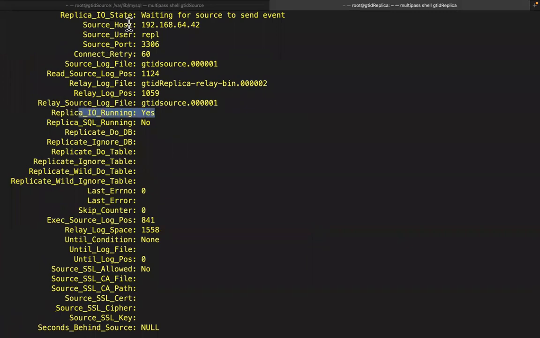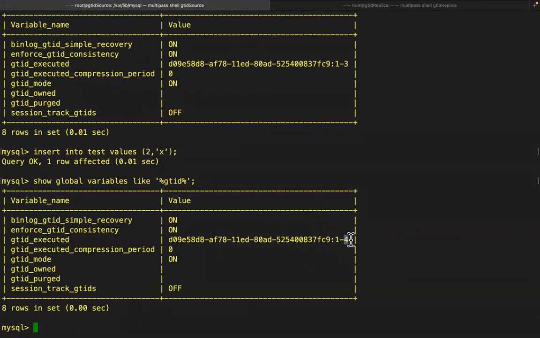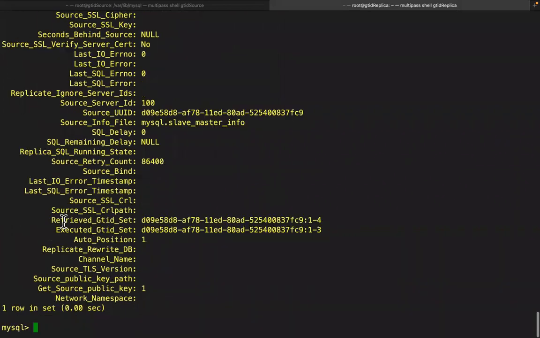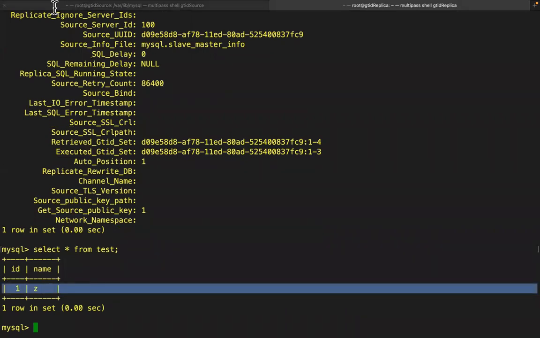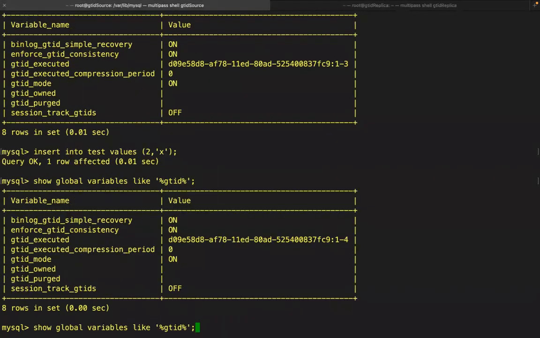Which means the IO thread is running. The IO thread copied the recent insert value from master to replica, so that is what the retrieved value shows. It is up to date because the IO thread is running. But the executed GTID set is still 1 to 3 because the SQL thread has not applied the second insert yet on the replica node. For example, you can see select star from test. Here we still have one insert, right? But in the master,